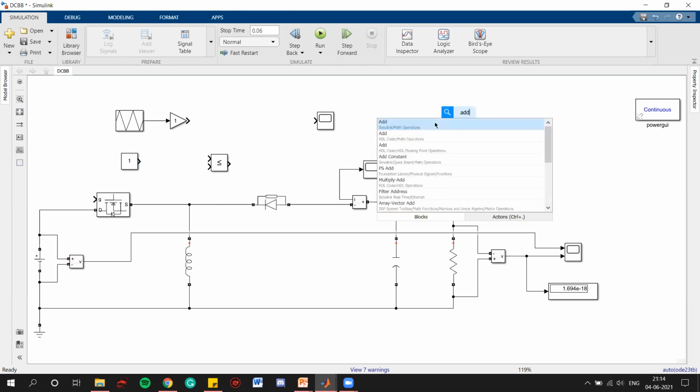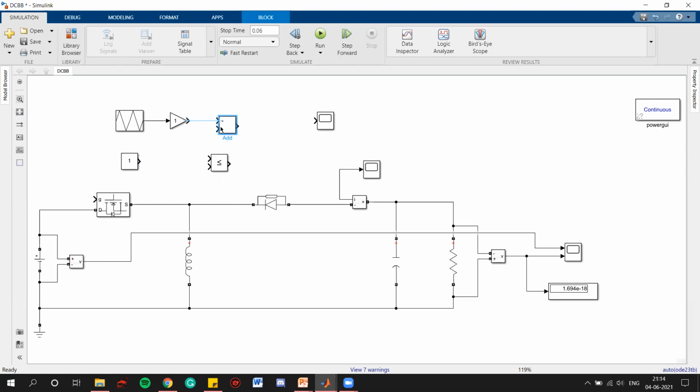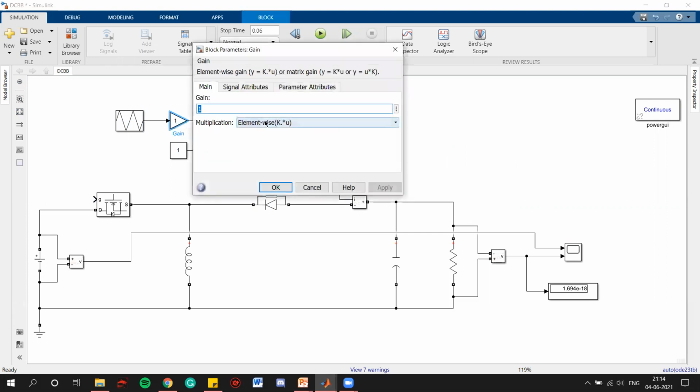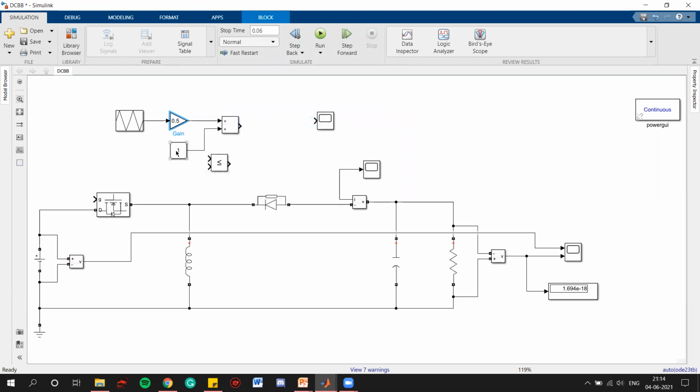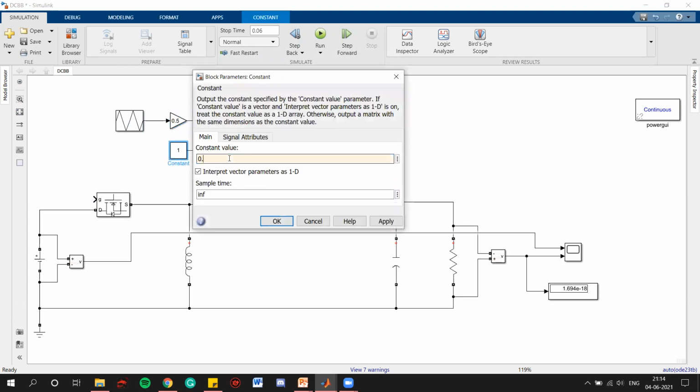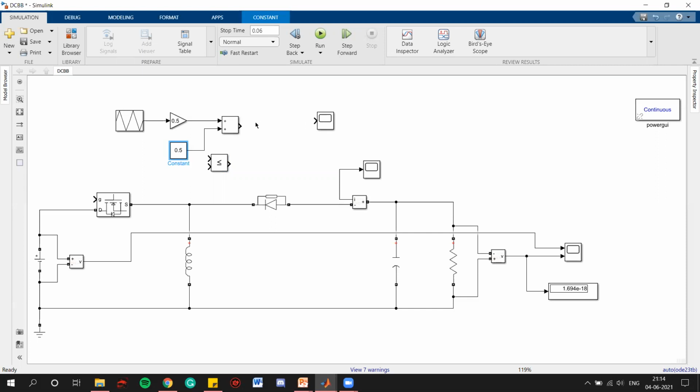Forgot, I guess. We have to use this add block. So we will add 0.5 and we will multiply 0.5. So if we multiply and add 0.5 to our existing wave, we will see how the wave changes.